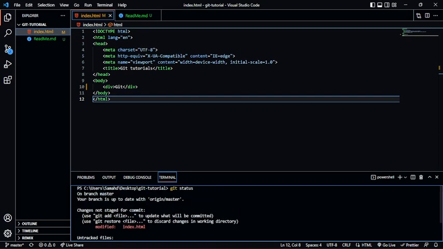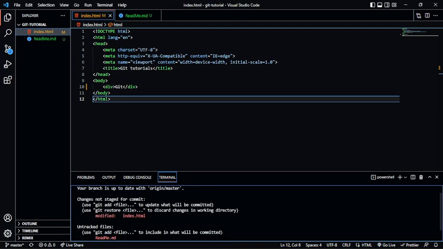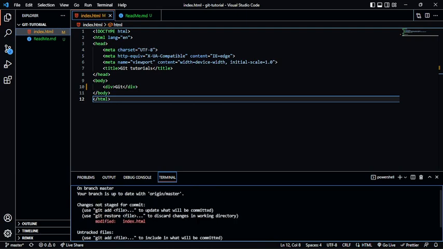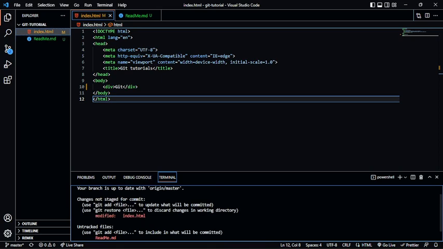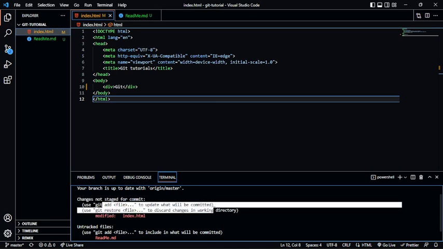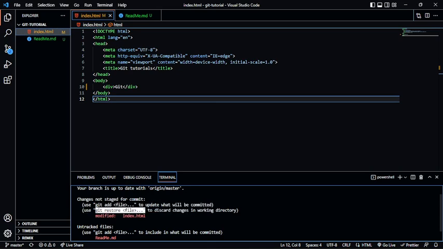So another command is git status, to check which changes are in the staging area and which are not in the staging area. As you can see, I've made two modifications and they are not in the staging area. Right here, you can see changes not staged. Use git add and the name of the file to update what will be committed, or use git restore file to